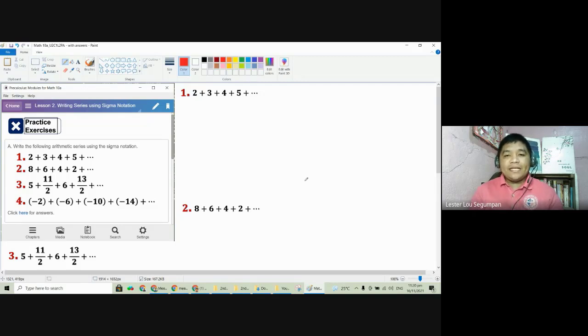To write an arithmetic series using a sigma or summation notation, we need to come up with a unique quantity that could describe each of the terms in that series, and that would be the quantity that we are going to pair with the summation notation. Take note that the sigma notation is commonly known as summation notation, with a specific quantity here